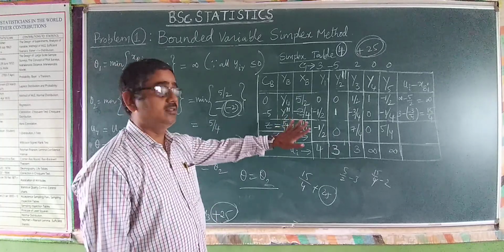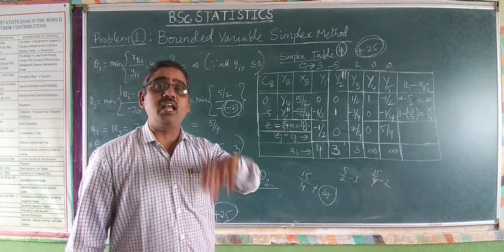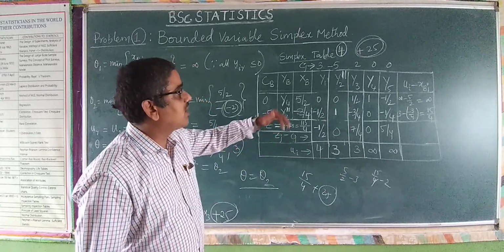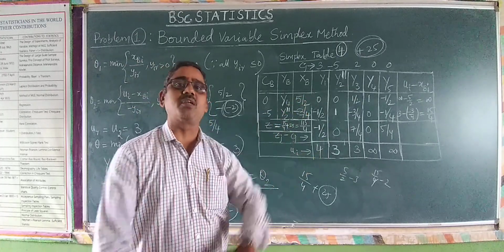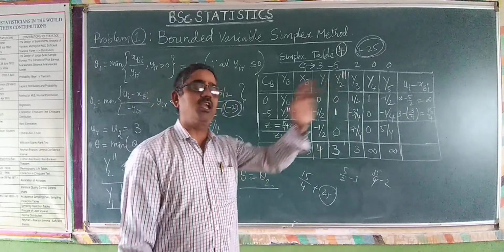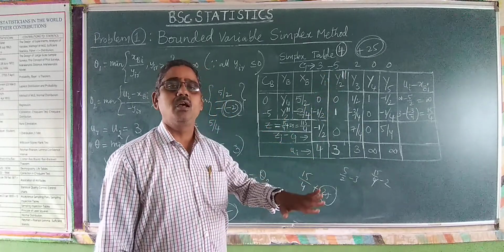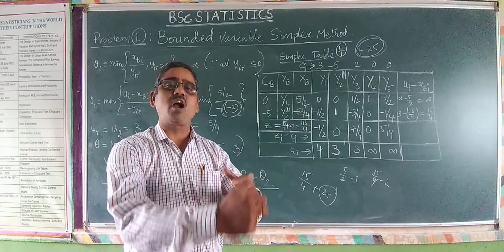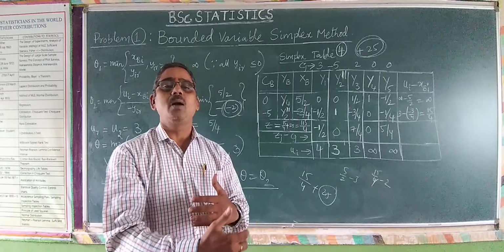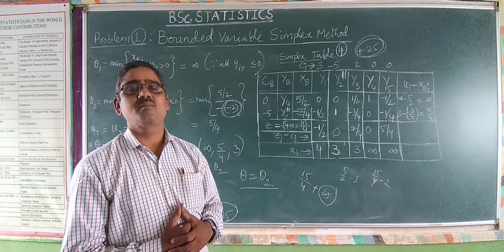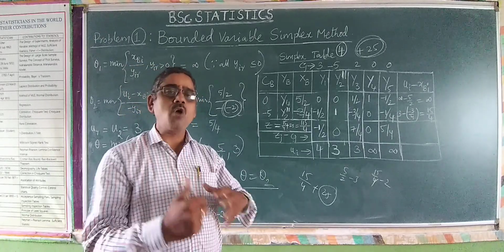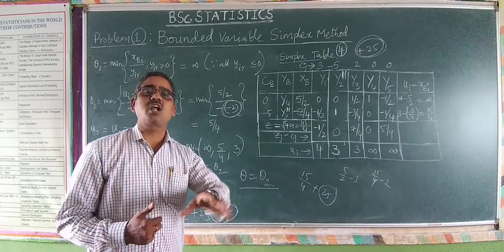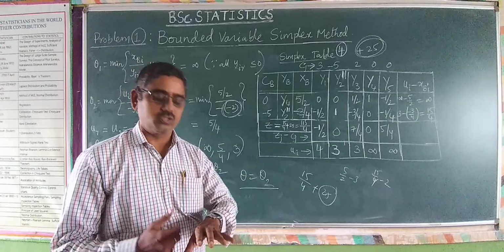It was finished, the calculation where y2 double dash enters, and y1 leaves. Y1 leaves from the basis. In simplex table 3, we have y1 in the basis. Now it leaves from the basis. So this is the procedure we finished in part 4. Now the case is going to be continued. The case was not finished. So that is the first part.